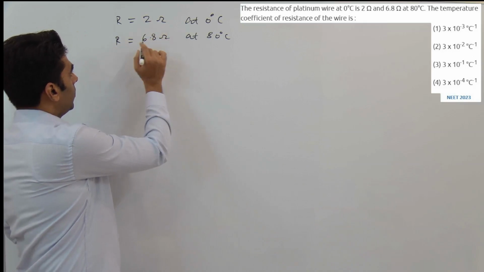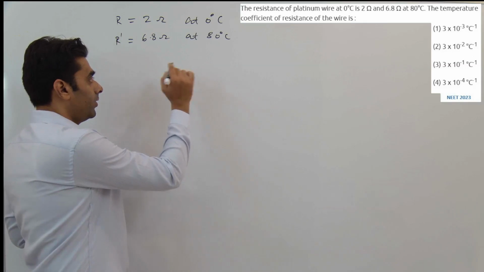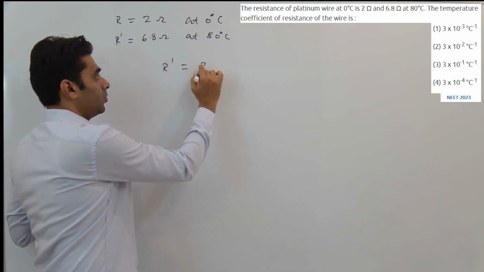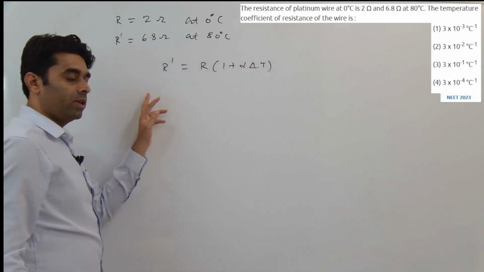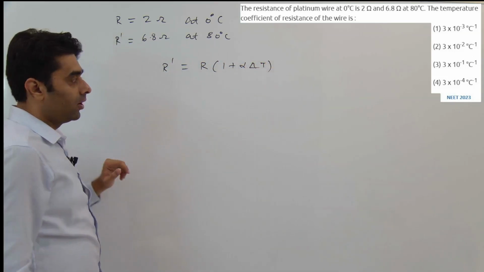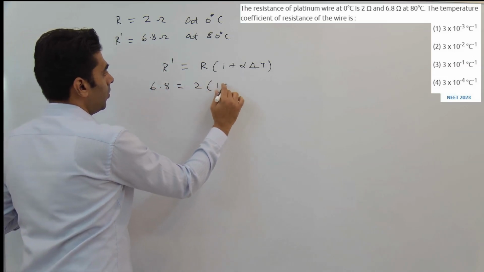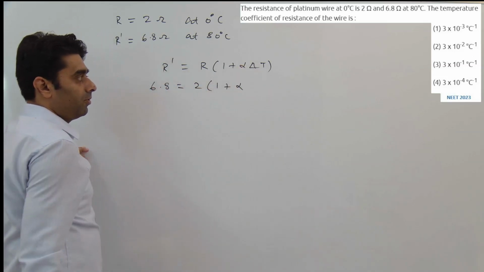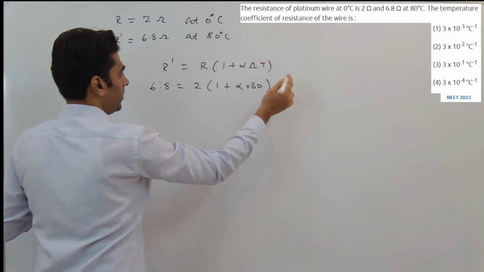So let us call this R dash. I am terming the resistance at 80 R dash. What is it? R dash is equal to R 1 plus alpha delta T, right? This is our variation of resistance with temperature. So we can write 6.8 is equal to 2 times 1 plus alpha, our temperature coefficient, times delta T, 80 minus 0, which is 80 only. So we get over here